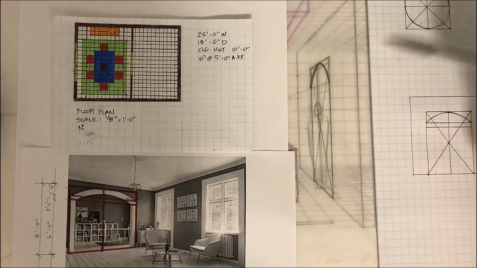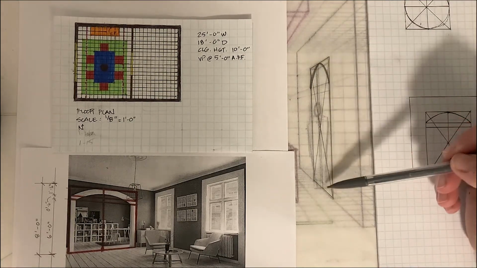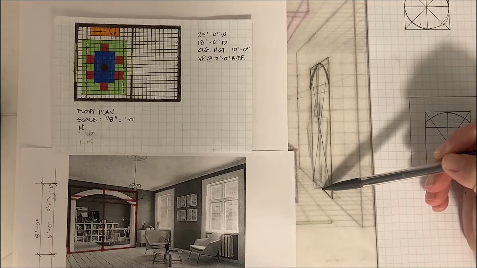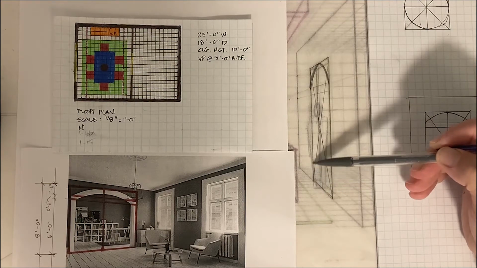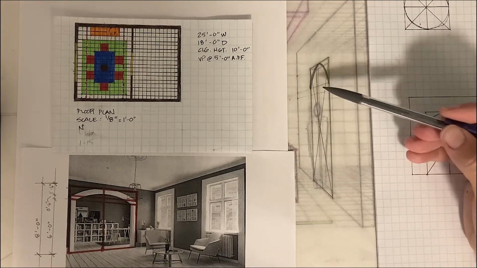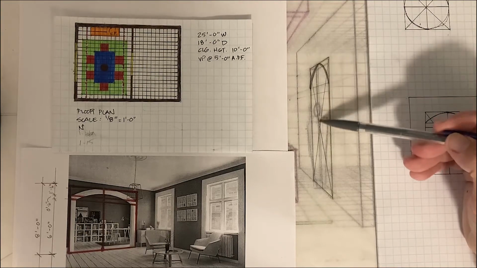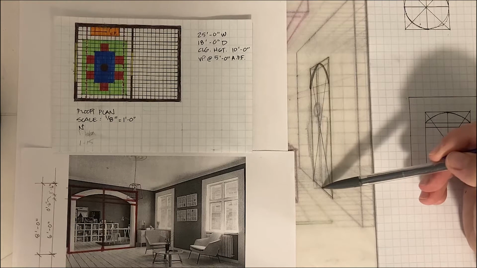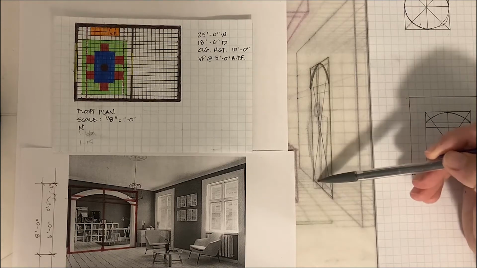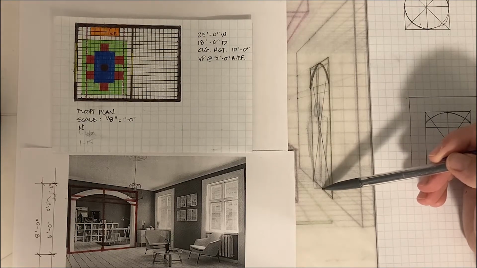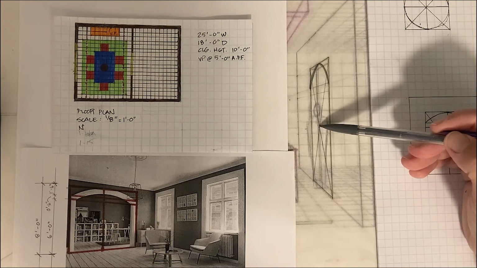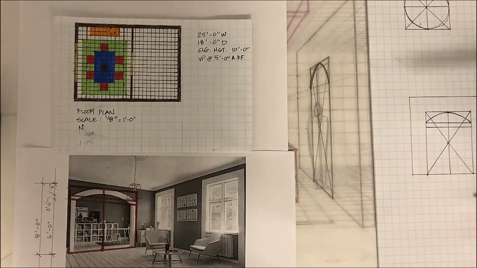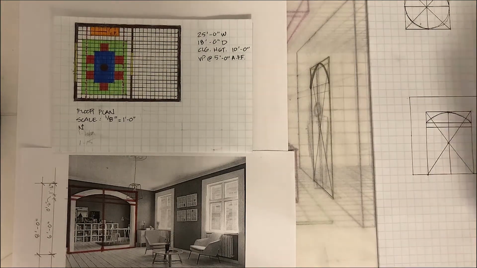But there's your arc. Now notice, because it's in perspective, this line here is actually closer to this line than it is to this line. So that's why it's really important to find the midpoint by drawing this X and creating a vertical line up, instead of eyeballing where the midpoint of the length of this line is, because it's in perspective. This line doesn't intersect at the midpoint of this line. It intersects at the vertical that's extended straight down. But that's how you do it.